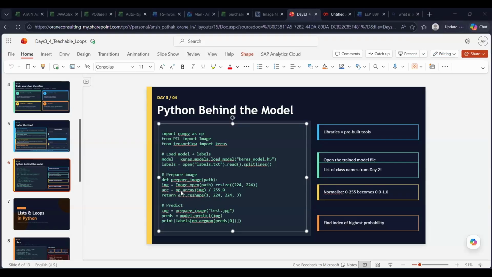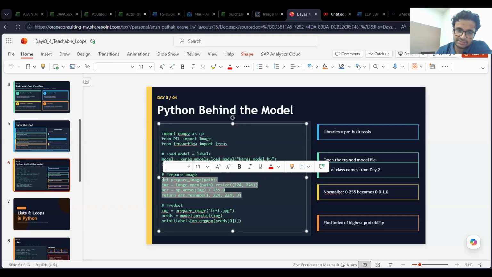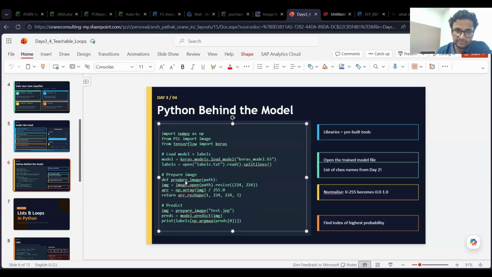Sir, in the define, you have defined a variable, path, and this is like an inner variable of the define function which you have created. So how are you using it to import anything externally, while you are not defining path as a function inside it? I didn't understand. Actually, this is just a definition of the function. The function is just defined there. Unless I call that function, it is useless, right? So this prepare image function gets called here.